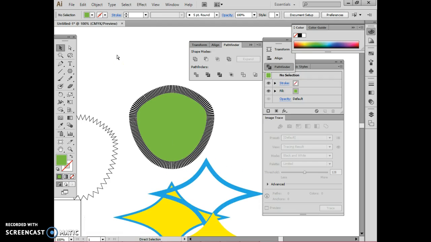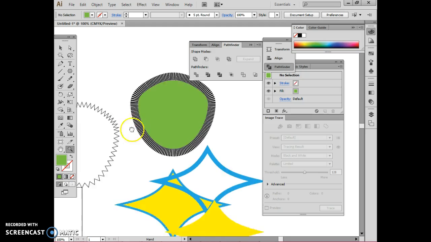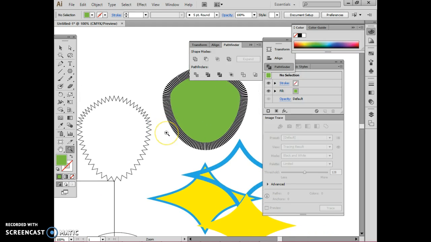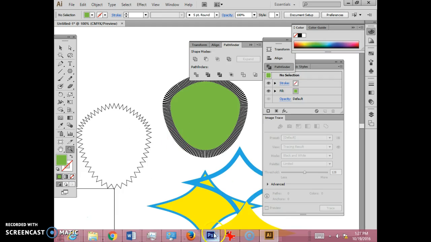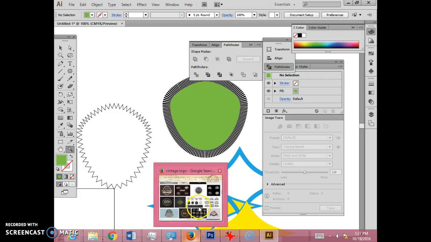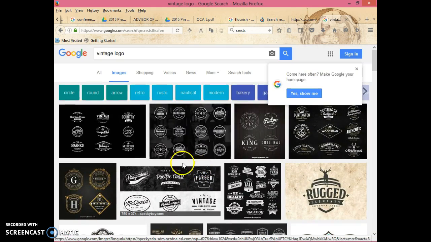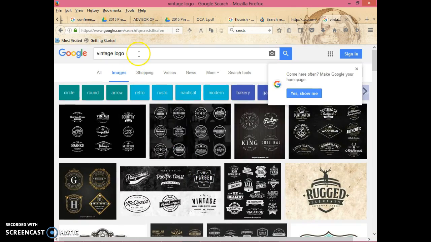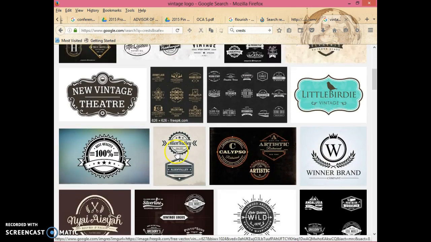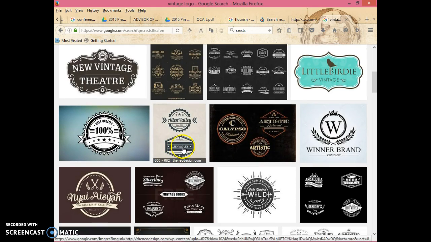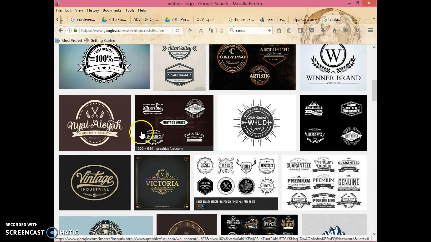And again, your role as a designer is to communicate for whoever you're working for and to get attention. And with these effects, you do want to base your design off of some sort of visual effect that is really strong and really captures attention. So again, do look through, I suggest Vintage Logos, Vintage Crest. Design is not a new preoccupation or anything. You don't have to reinvent the wheel, but